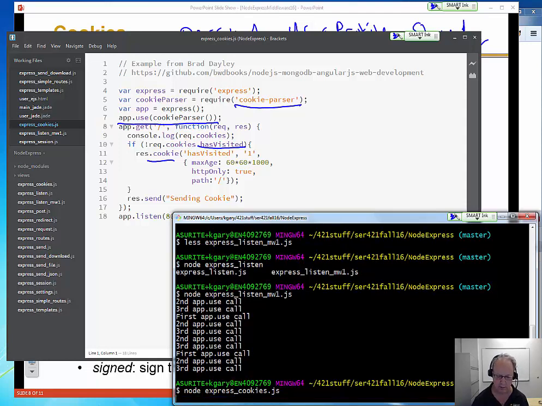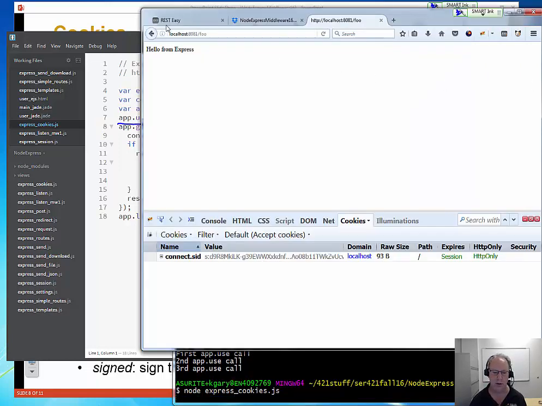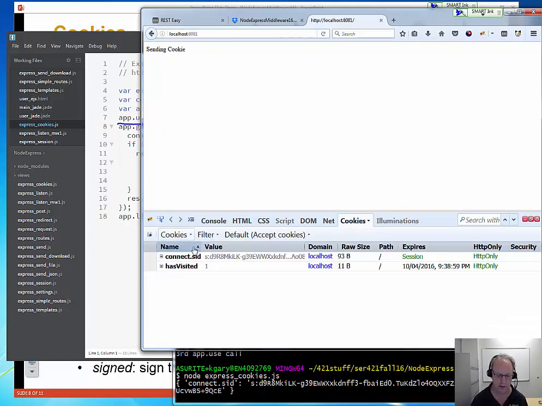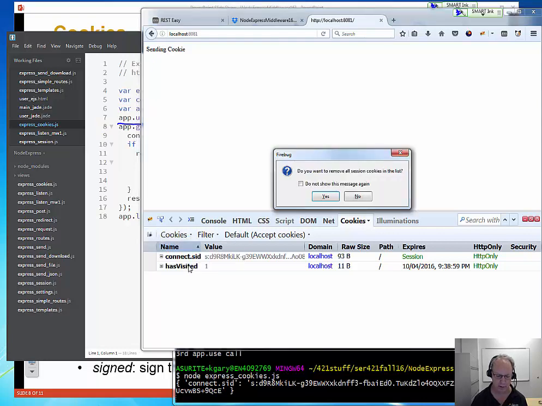cookies. Very simple example. We'll go to port 8081 over here, and notice that I have an older cookie in here. This one I don't need, but I have the has visited one, right? Because I was setting the cookie and the browser accepted it. All right, and you can see that again. I'll remove